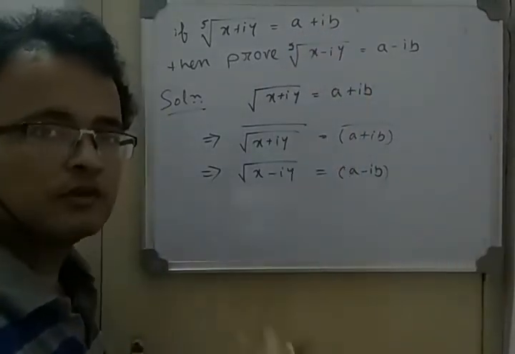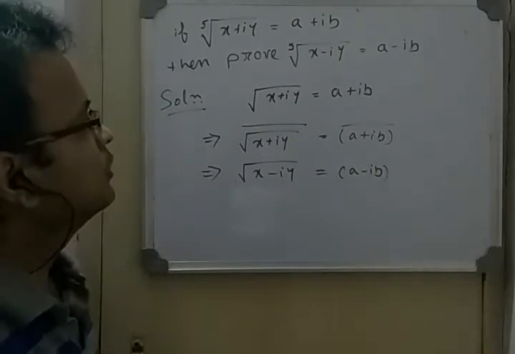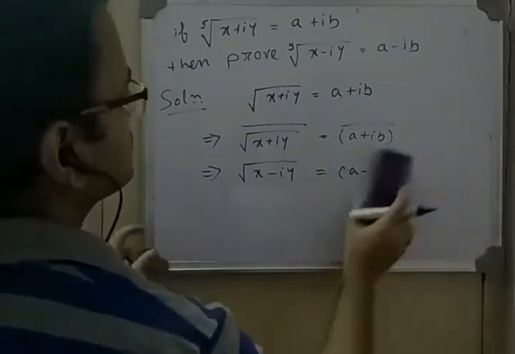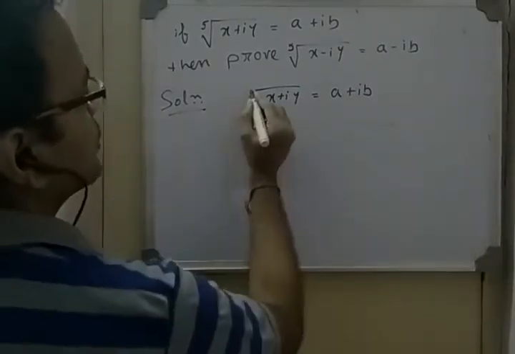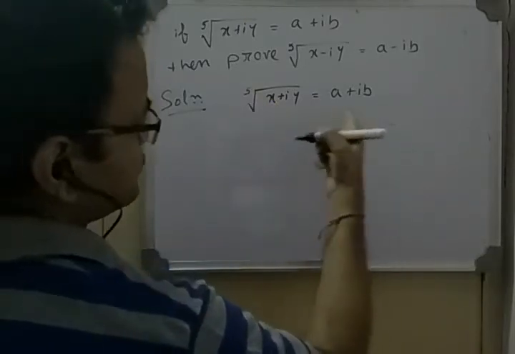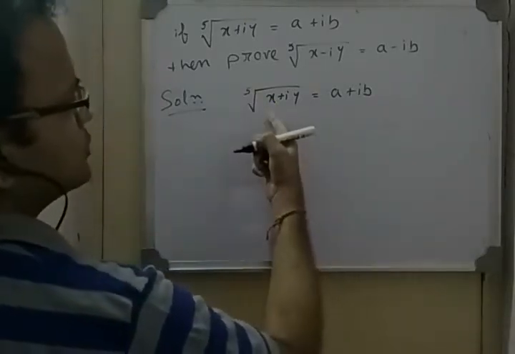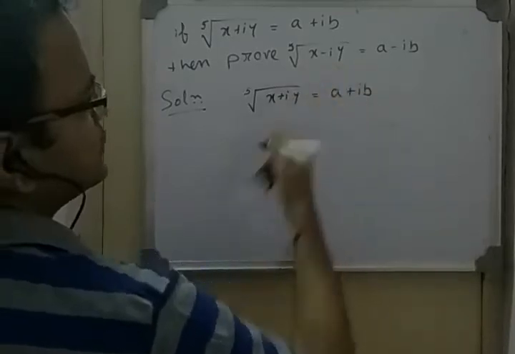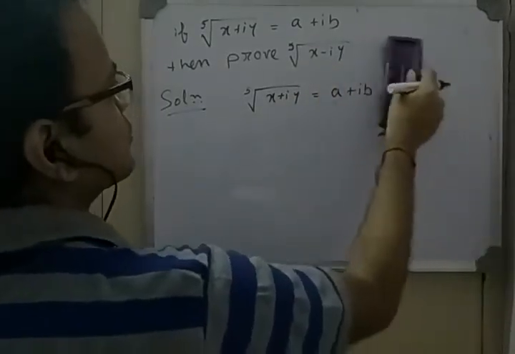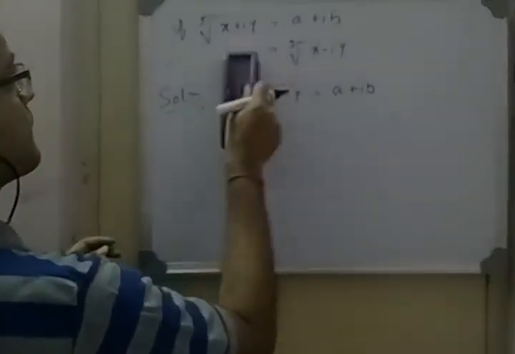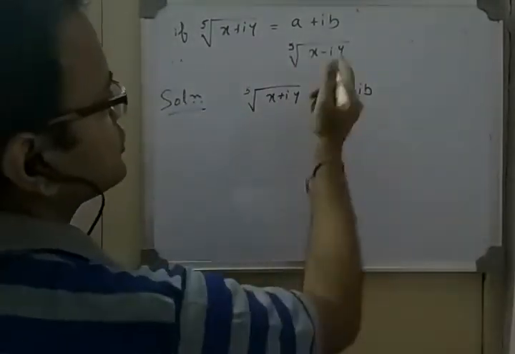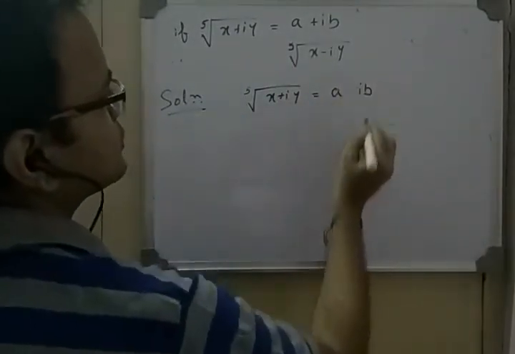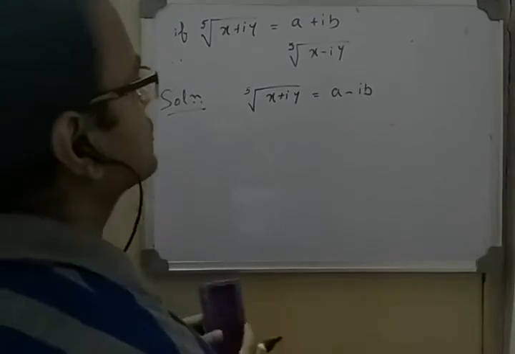a plus ib to the power 5 will be painful. So don't go that way. For MCQ it is like, if the fifth root is this, then the bar of this should be equal to this. So you can readily see that if they ask what is the value of this, and there are 4 options, you know it is a minus ib. Simple. Taking the bar of that.